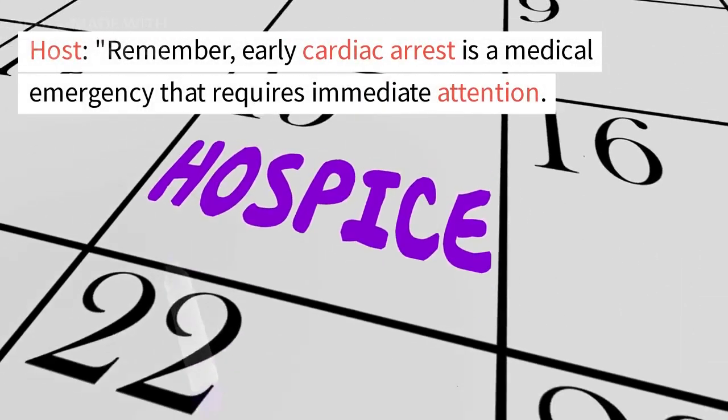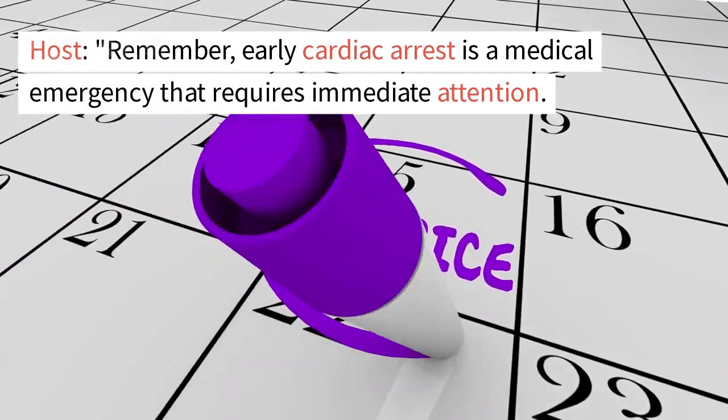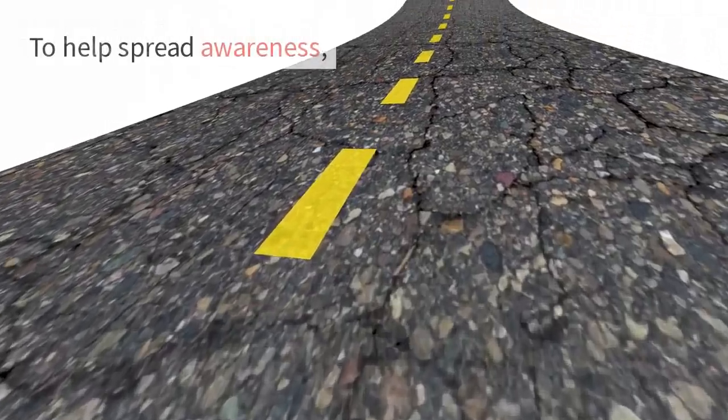Remember, early cardiac arrest is a medical emergency that requires immediate attention. To help spread awareness,